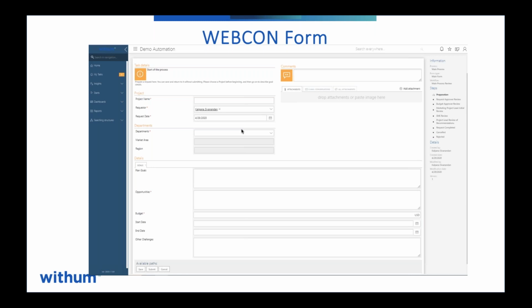Mike will probably mention this a little bit later, but I want to take some ownership of this. When I first saw WebCon, I mentioned to Mike, who I've known for a long time, as we're both Microsoft MVPs, I said, you know what this looks like is that the form is the process, and it also looks like the process is the form. And you're going to see that connect when Kalpana does her demo, and Mike goes a little bit deeper.